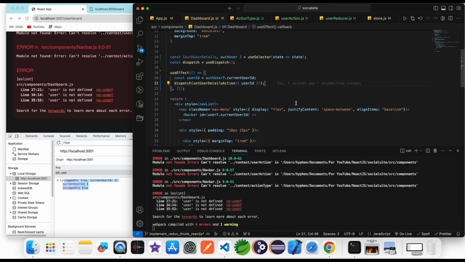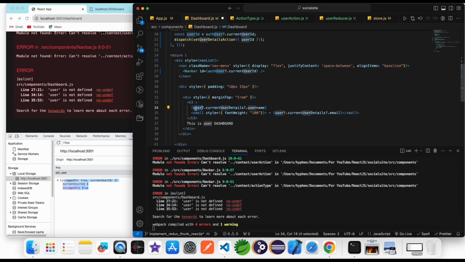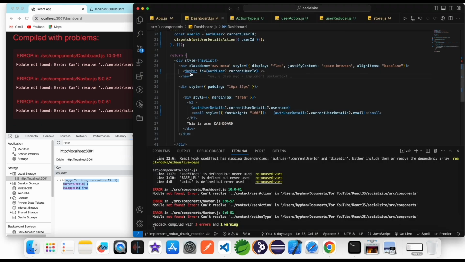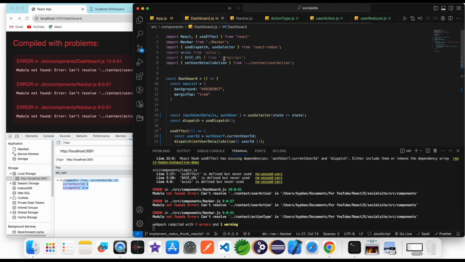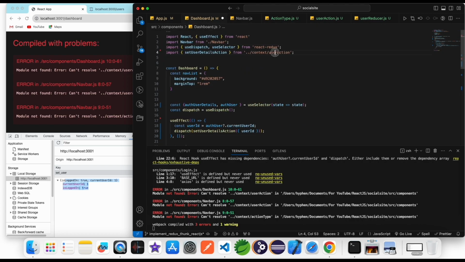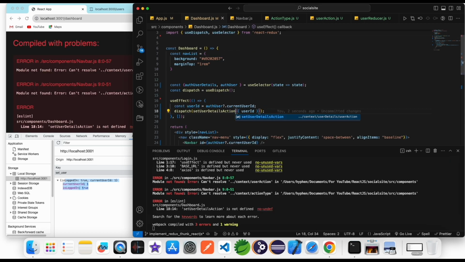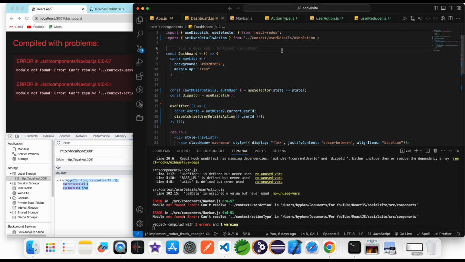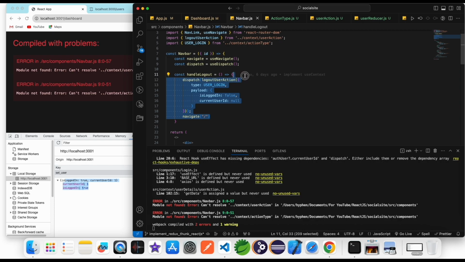Here user is not defined because in navbar you pass the auth user, and for username and email you get the information from the auth user details. And this array is related to the navbar because here you use it. So remove the unwanted code, set user detail. Set user detail comes from the user detail user action, and in navbar remove this dispatch,